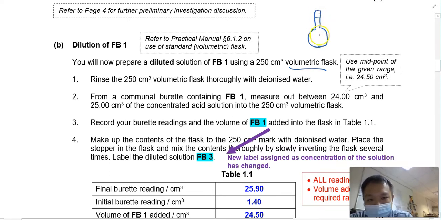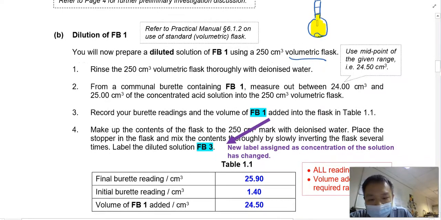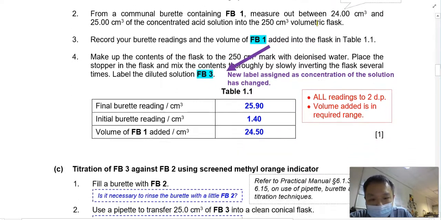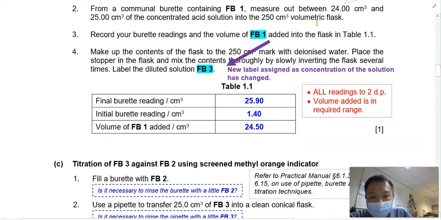Remember, we will fill the pipette with a certain quantity and then we top up to the mark, right? You recall, we top up to the mark. And then we invert the volumetric flask a few times to homogenize the solution, alright? So in this case, we need to know how much FB1 was added, and this was when we took from